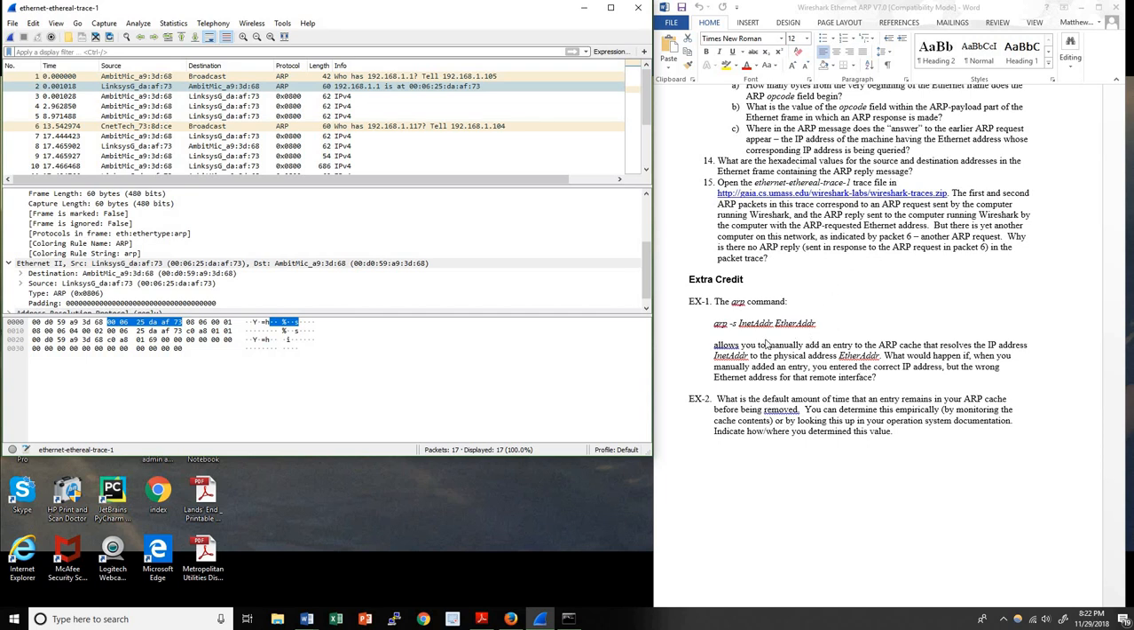Now, if I added the wrong Ethernet address for an IP address to my ARP table, it would actually be okay, because when it contacts the router, it is going to use ARP, and when the router uses ARP, it will get back the correct address. Now, these are the extra credit questions, by the way. Now, for extra credit number 2, if I wanted to find out